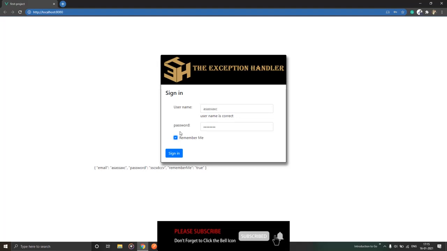So this is how you can do two-way data binding in Vue.js, and in the coming videos we'll be discussing how to handle certain events or certain properties of your HTML. Let's say I want to disable this button when I have some errors in my form. So this is an error and this sign in button should not be enabled. So those things, how we can handle them and how we can handle some events.